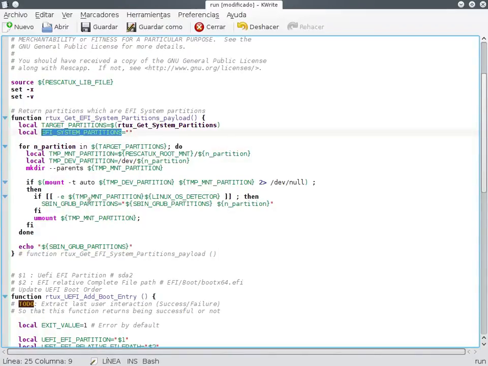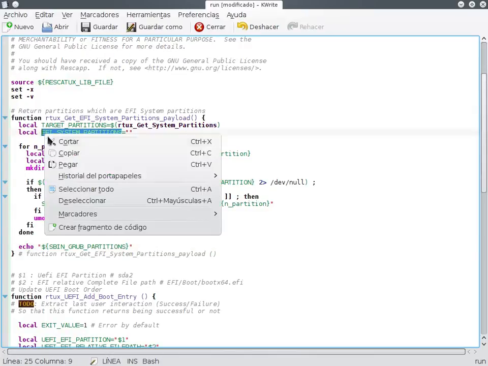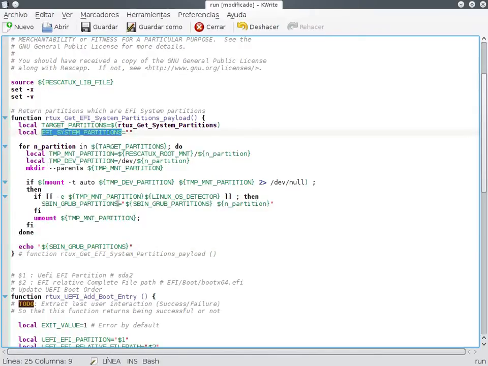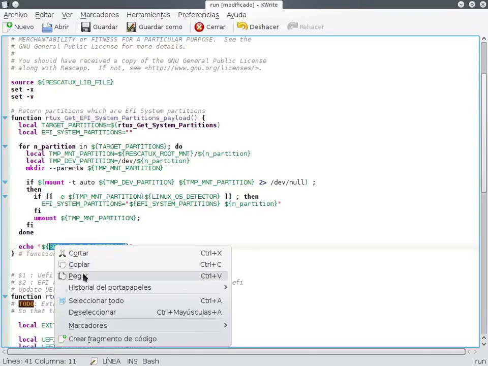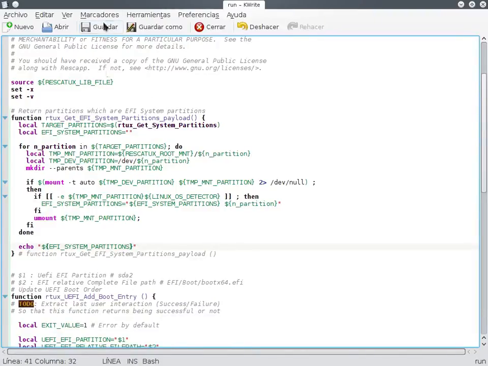So let me see. We will put it here so that it works as intended. Okay, and then we output it. Okay, so